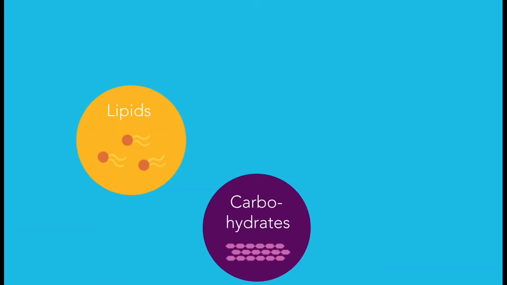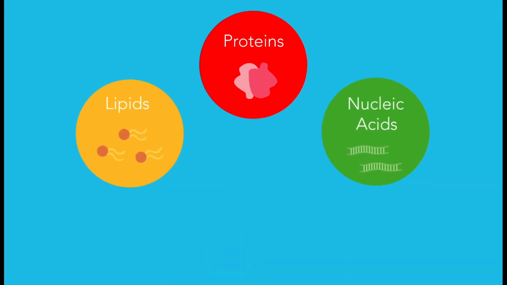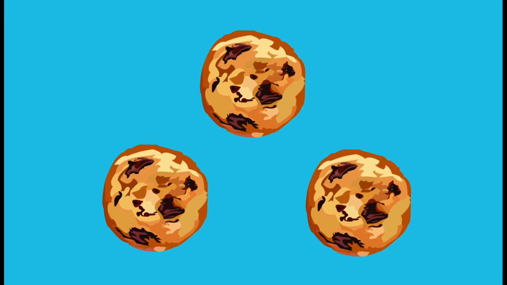Well, I always say all the best things in life are sweet, so first, let's imagine life as a bakery. To complete the functions key to life, we need 4 types of organic macromolecules: carbohydrates, lipids, proteins, and nucleic acids. While carbs are important, I want to focus on the 3 other more vital ones. Let's think of each of these as a different type of cookies sold in the bakery of life.